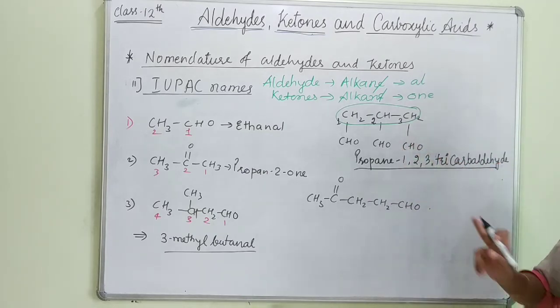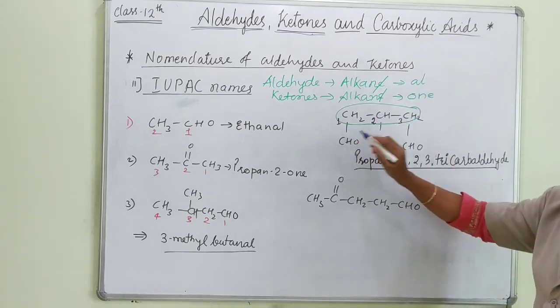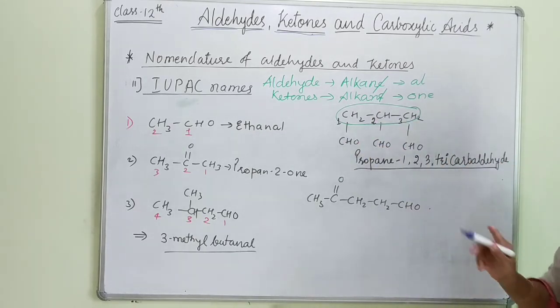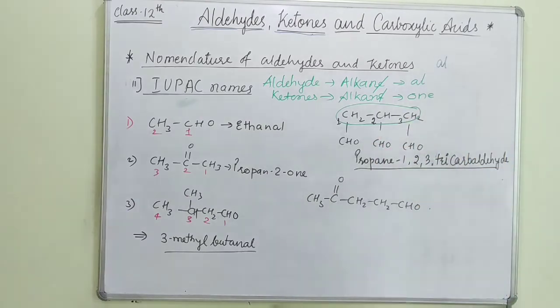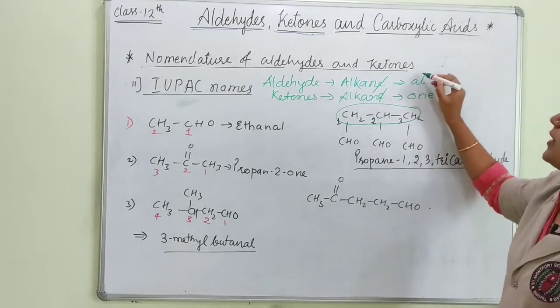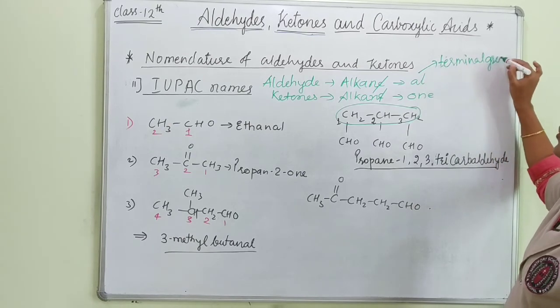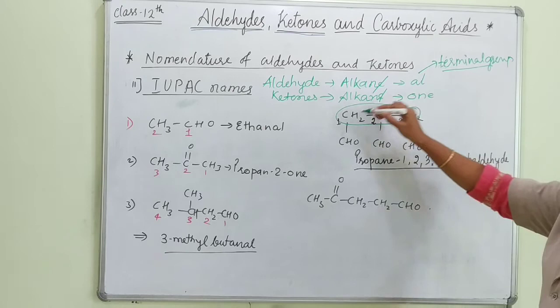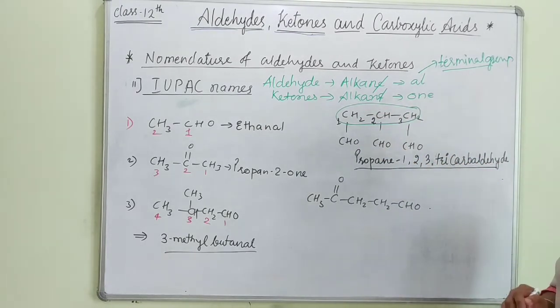So students, in this example what did I not add? Now someone may say, ma'am, is this a long chain, like 1, 2, 3, 4, 5? No. Why won't I be taking this long chain? Because the CHO group, that is the aldehyde group, is a terminal group, and that's why we cannot take that as a long chain. Okay, so in this way we can write. Now let's see the last one.